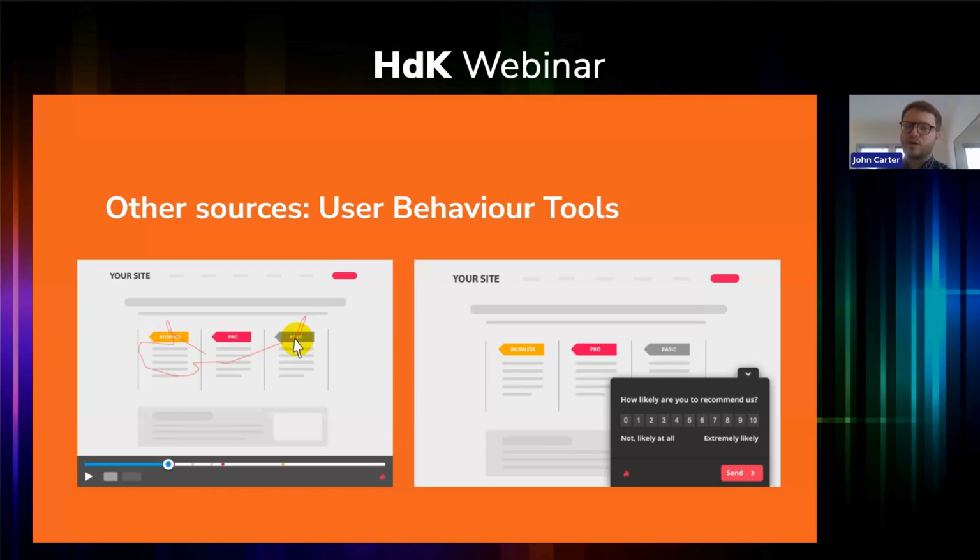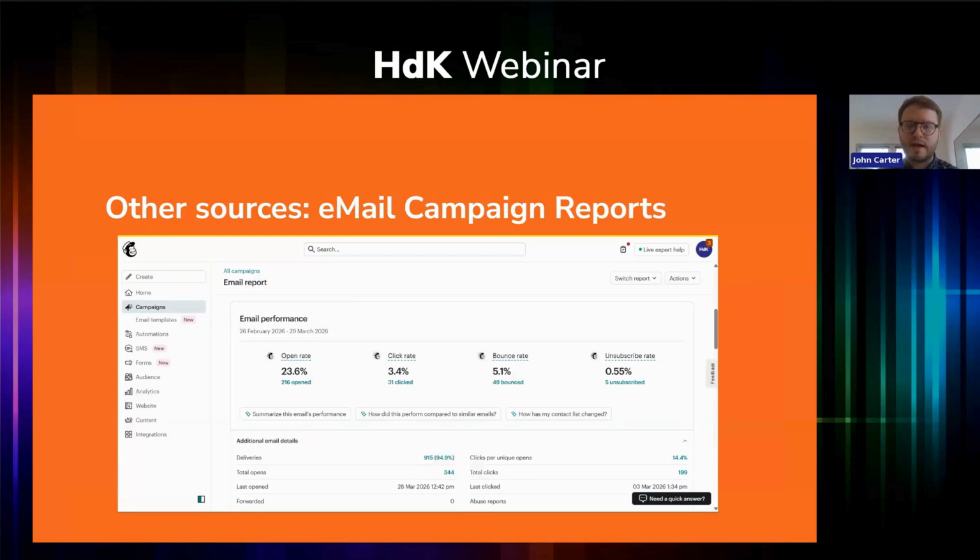There's obviously also your email campaign reports. Although these aren't strictly about your website, they do show how engaging your content is. The two really important metrics here are the open rate and the click-through rate. When you compare these campaign on campaign, it's a really good indicator of what content performs well, what's actually getting people through to your website. And then, of course, you can compare that with the data you get from GA4 for the page they're linking